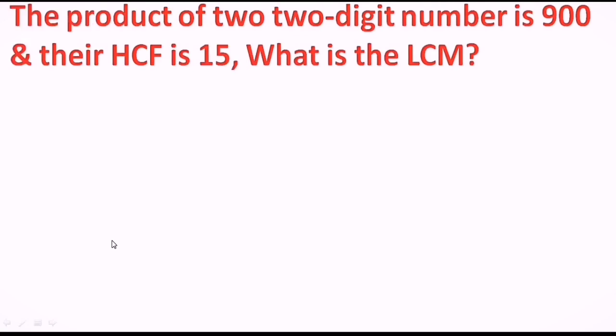So boys and girls, here is one of the important questions of the syllabus on your screen. The product of two numbers is given to me, that is 900, and the HCF of them is given to me, that is 15, and I need to find the LCM of those two numbers. If you remember, in our previous videos, I had explained, or I hope you have understood also, the relation between HCF and LCM. The very first step, as I need to find the LCM, I will consider the LCM as K.